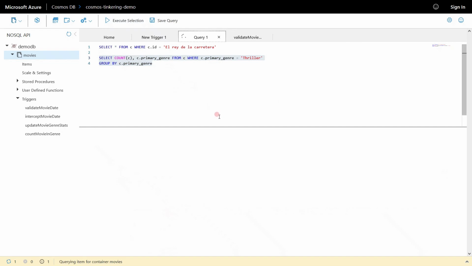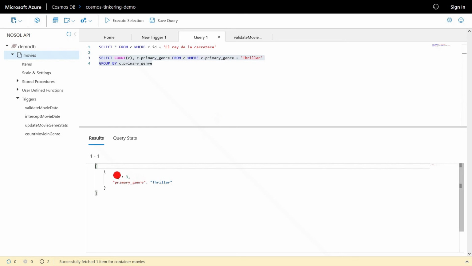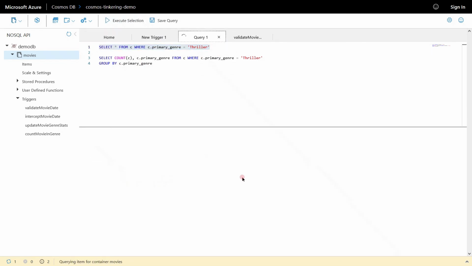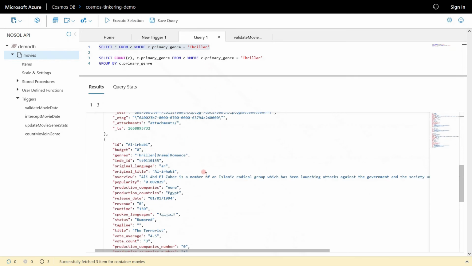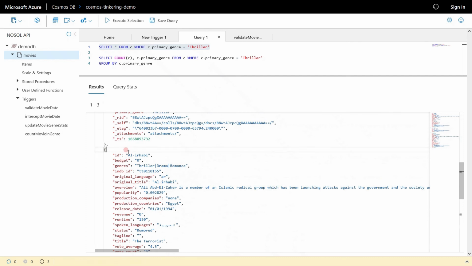And when we run this, we notice that we have 3, whereas in Visual Studio Code, we had 2. And if I run a query just to select all the movies where thriller is the primary genre, we would notice that, okay, we have the 3 movies, but then we also have the one that was inserted last,